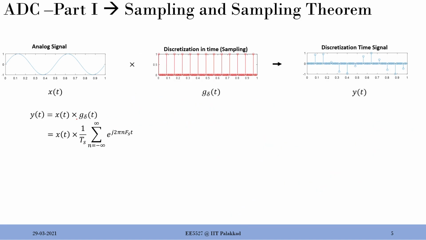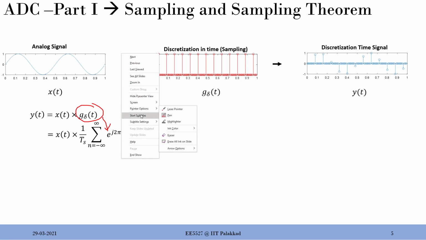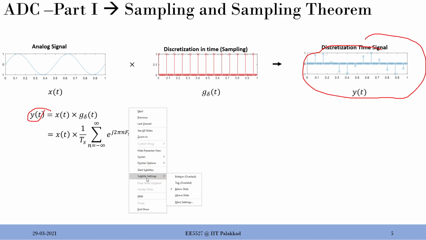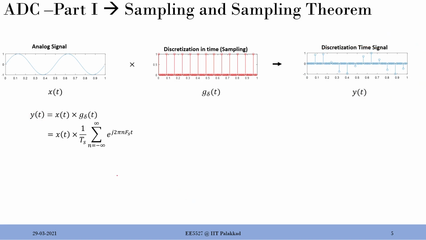So this is nothing but the Fourier series expression for this signal. This signal can be expressed in terms of its Fourier series, something like this. Now what we are going to do is take the Fourier transform on both sides, because if you see over here, this particular signal, which is y of t, is not periodic. You can't really say it is repeating over and over for an infinitely long duration, because when you sample the signal you only consider a small window.